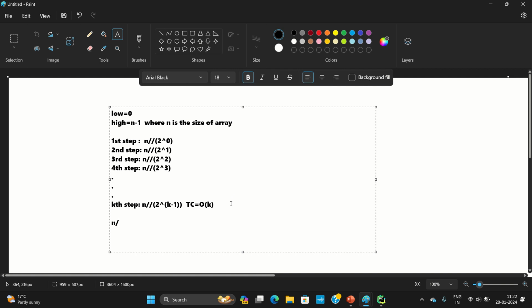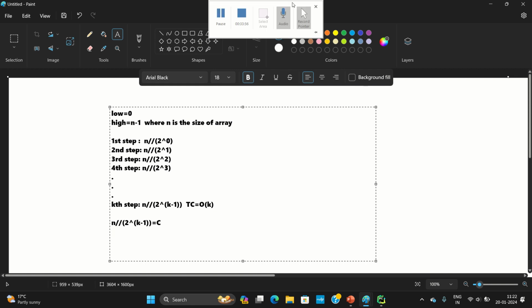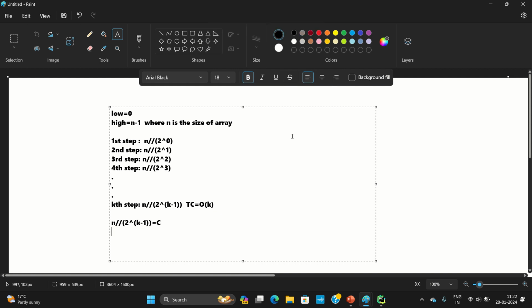So let me consider n by 2 to the power k leads to some constant result, say c. Therefore, we need this power below. So we need this power in the base. So we can consider logarithm of both the sides, right? So we can write,